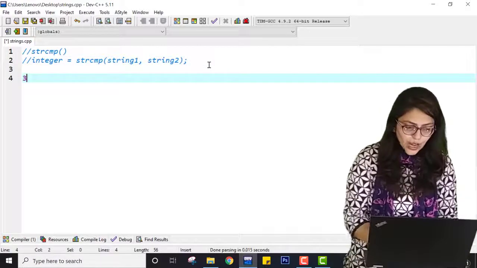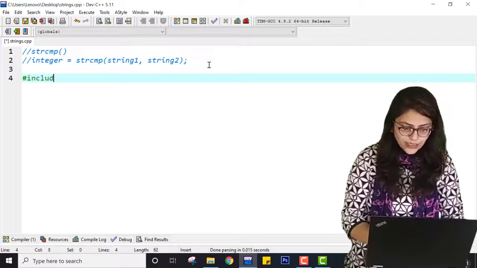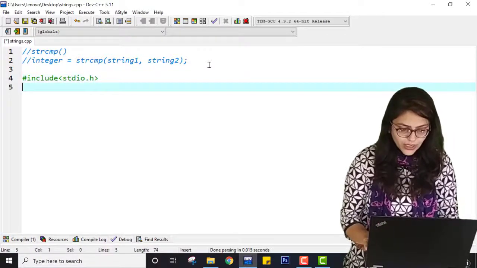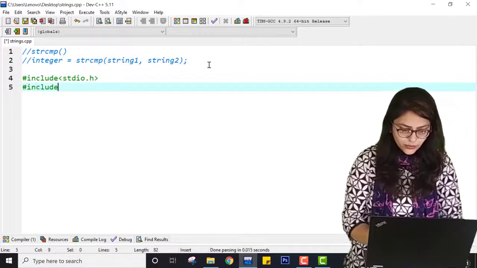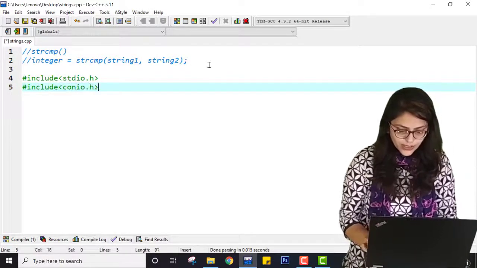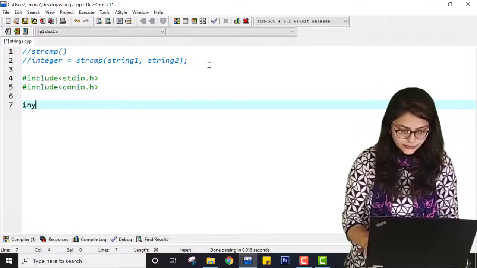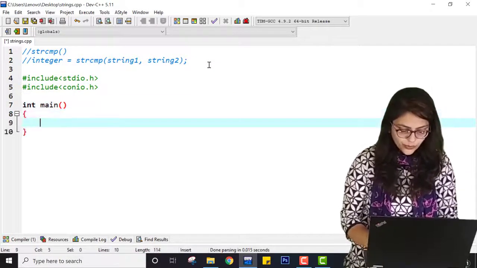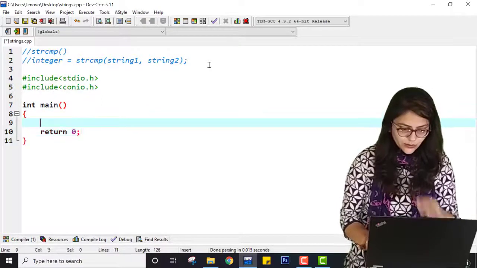Now to write a program, I need two header files. First include stdio.h and second include conio.h, right? After that, int main, inside this main I am going to write return 0, okay?